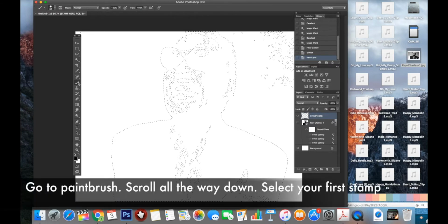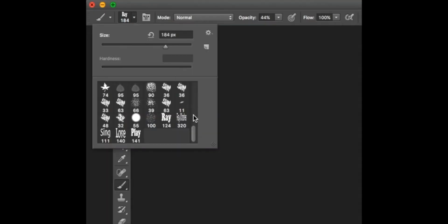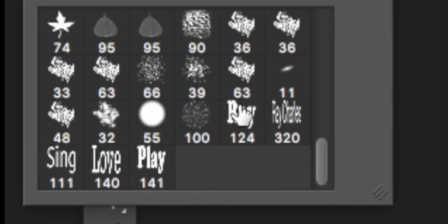Now you're going to go to the paintbrush on your toolbar, select it, and then go to the top where your size adjustment is, and you're going to scroll all the way to the bottom of your size adjuster. And on the bottom is where you're going to see your stamps, and they'll be marked clearly. If you named your stamp Ray, it'll be called Ray. You're going to select that stamp,